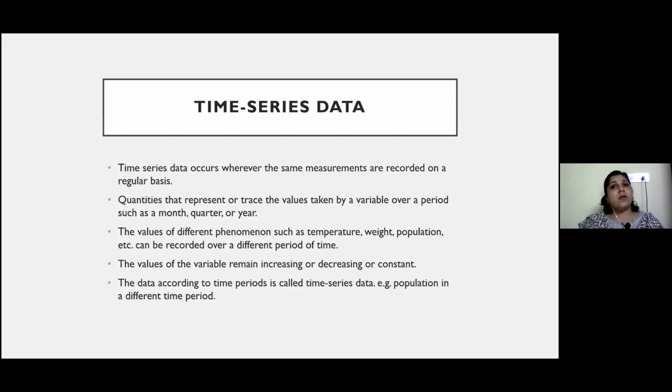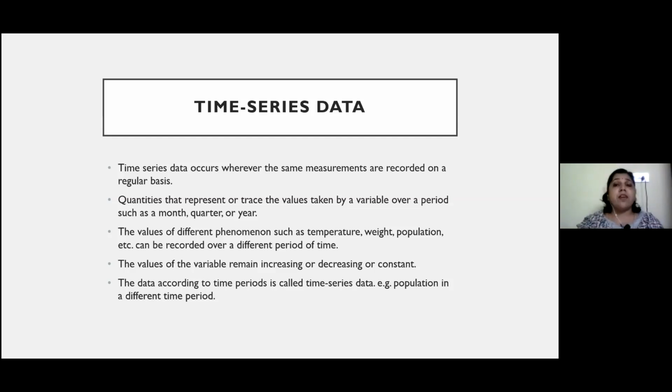There we can see so much variation every time. These data will always keep changing. That's why they are calculated on a regular basis. This doesn't remain constant for a time. For example, you can see rainfall will not be constant. Temperature will not be constant. Atmospheric pressure will not be constant. So these are commonly varying things.